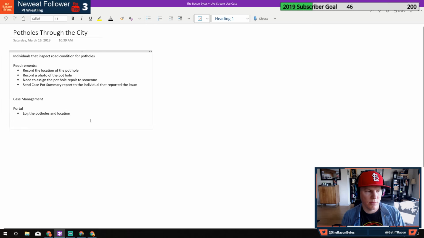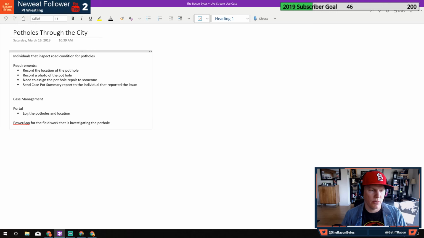So we're going to do some geocoding and stuff like that, and again, that'll be something we do a little further down the line. We've got the portals, the case management, and also a Power App for the field worker that is investigating the pothole.